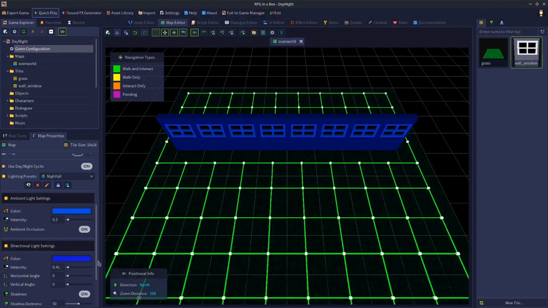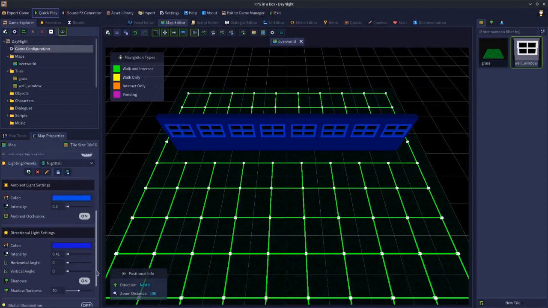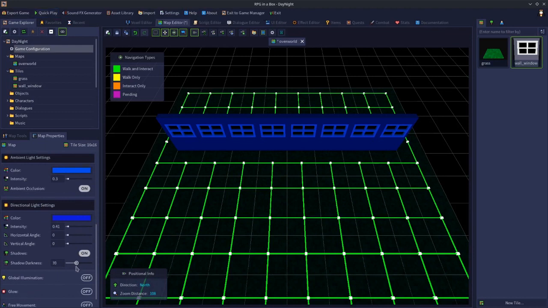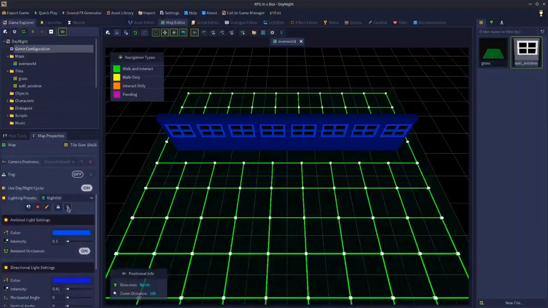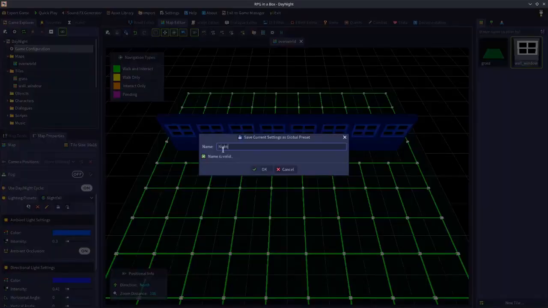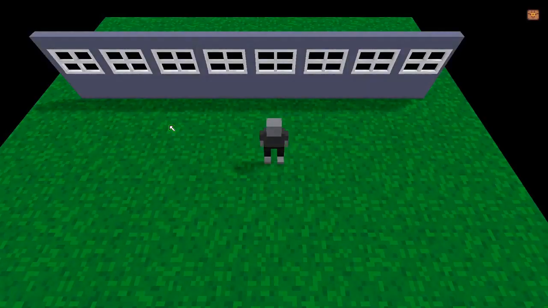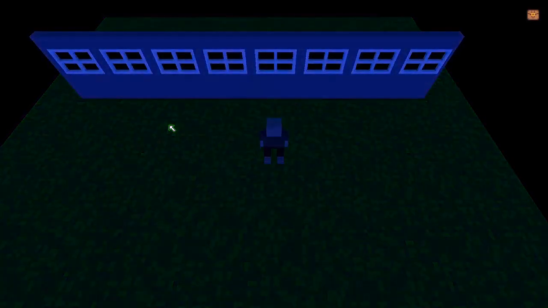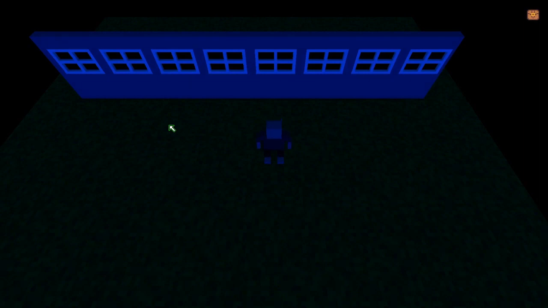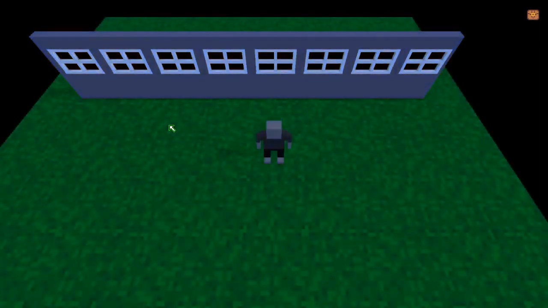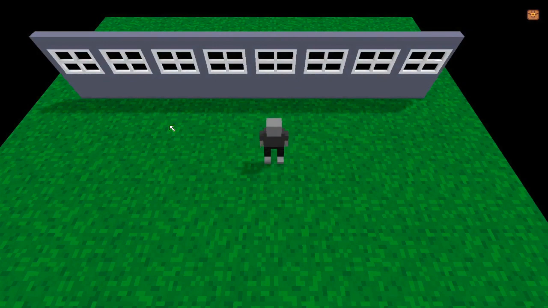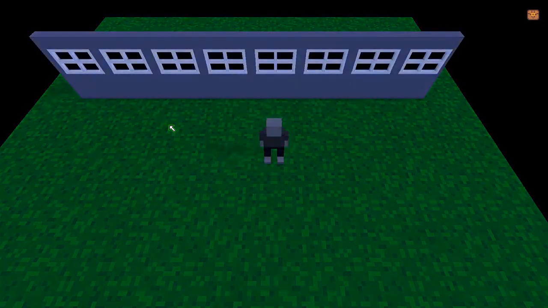But another thing that we could do is turn the shadow darkness down at night time, so they almost don't exist. Got to go up, save it, nightfall. Yeah, so now there's no shadows. And then as the daylight comes back, the shadows come back. So there's lots of different ways you can mess around with the lighting and the shadows to get the effect